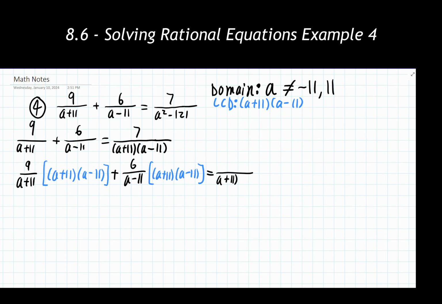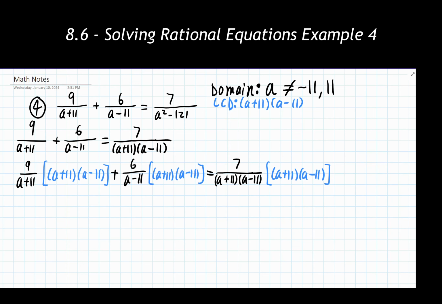If you'd like to use only parentheses with this step, you can do that. If you want to use a mix of parentheses and brackets, like I'm doing, you can do that also. I use the mix only because I sometimes mix up where one parenthesis starts and one ends. So it helps me keep it organized.